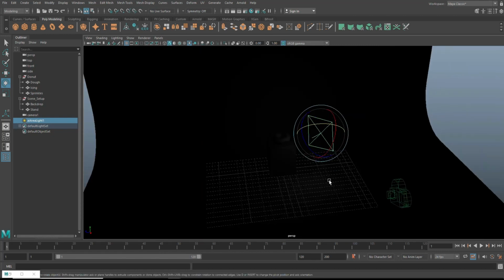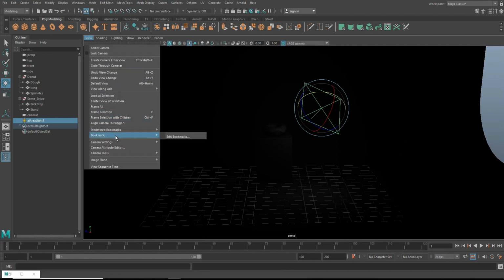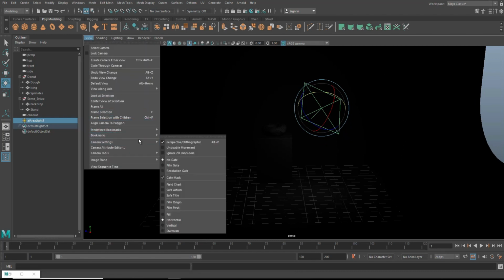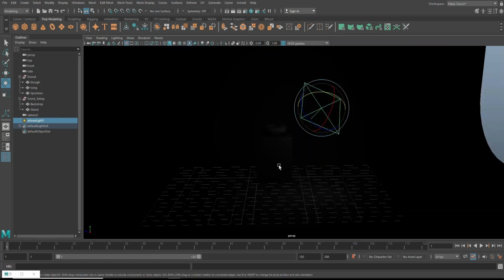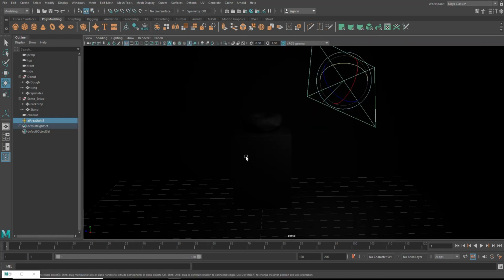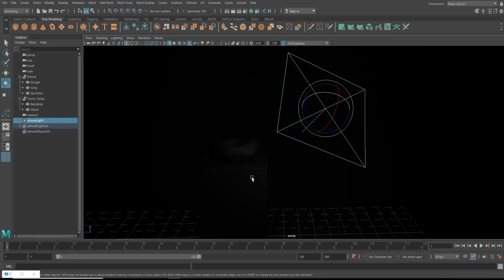Okay, so let's deal with that first light. Okay, so let's go to our bookmark. We're going to go to Bookmark. Why does that always happen? I have no idea. Okay, I'm going to forget about the bookmark for now because it's going to be gone in a second anyway. And if you guys know what went wrong there, let me know, right?